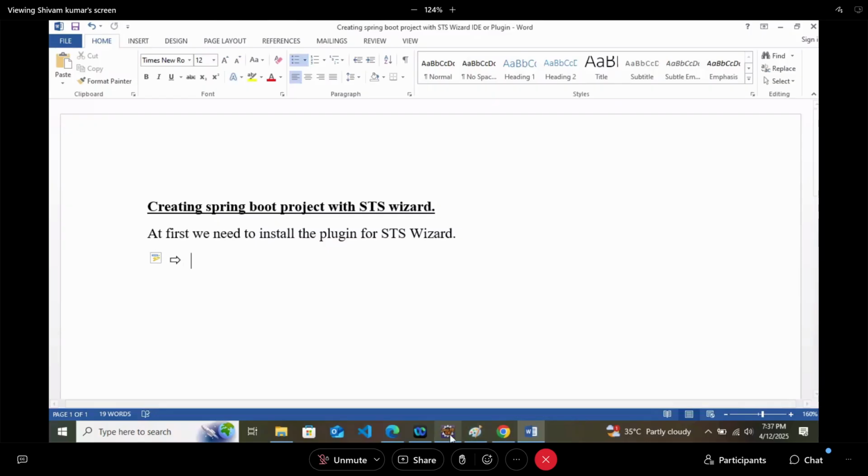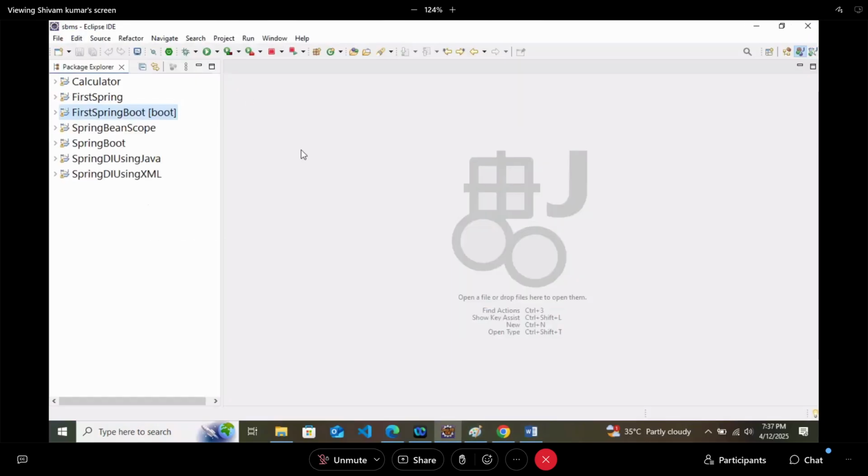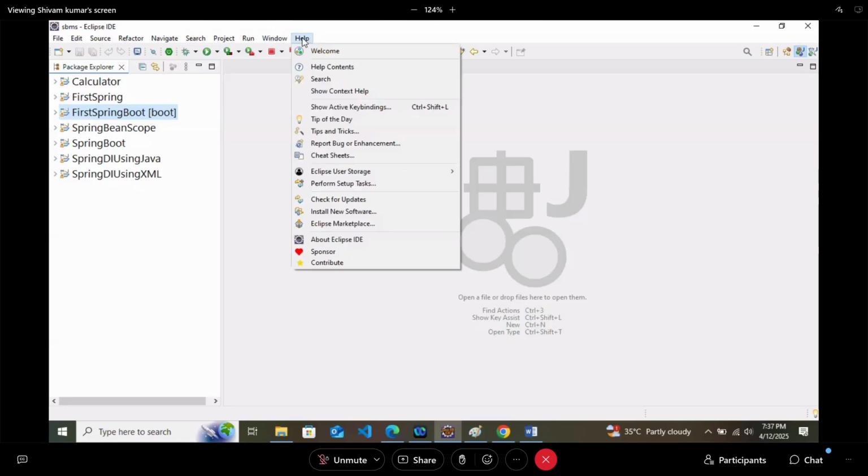This is your Eclipse visible here. Same part will be coming for you also. In that, you will see this help section. Is it visible? In the top nav bar or the toolbar, you are seeing this help section. Click on help. After that, you will see something like install new software. Is it visible?